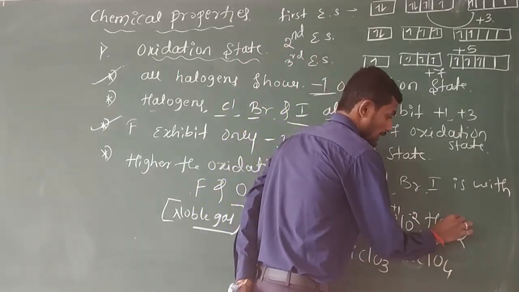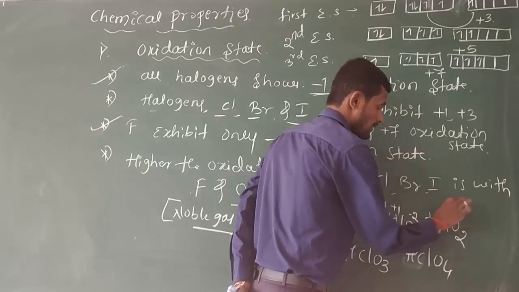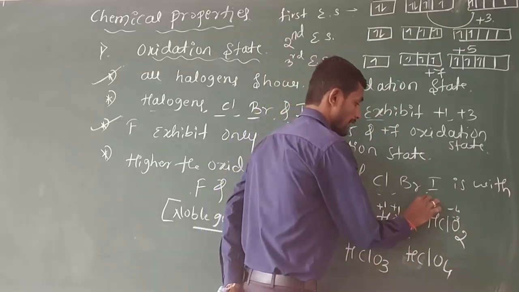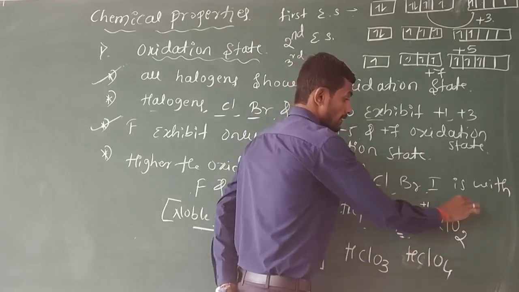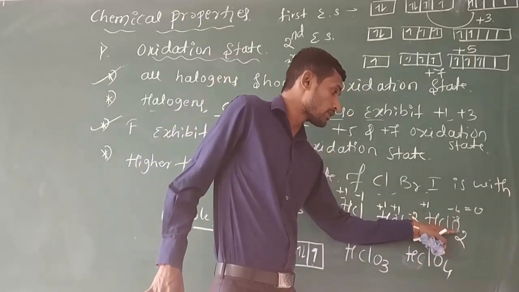Next, see here and calculate here. You know the oxidation state of oxygen is -2. Therefore, 2 into -2 is -4. And hydrogen is +1. When this value becomes equal to 0,